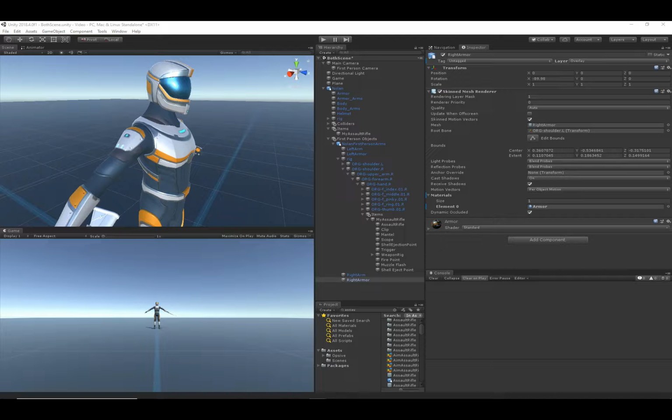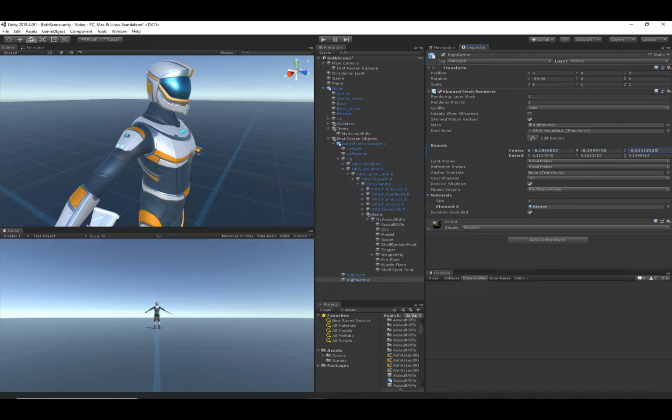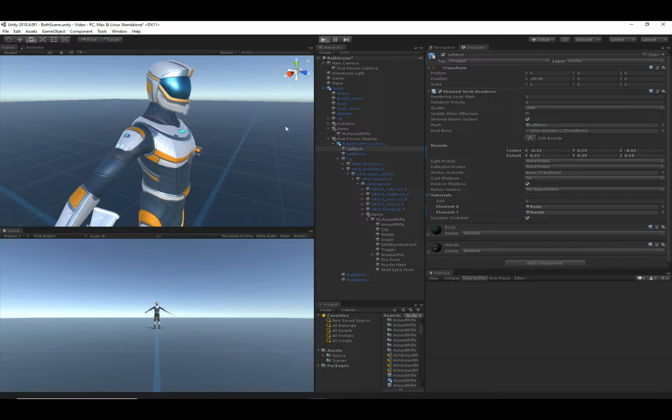This is kind of a boring process, so I'm going to speed up the video right now as I go through and configure these render bounds. All I'm literally doing is, actually I just restarted the wrong one. All I'm literally doing is just copying these values for these 4 different skin mesh renderers: left arm, left armor, right arm, right armor. So I'll go ahead and do that now. I just configured these different values, and now when I hit play,